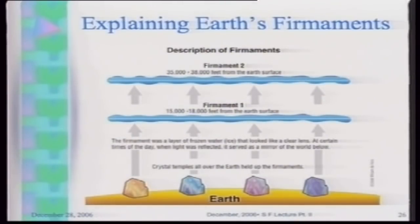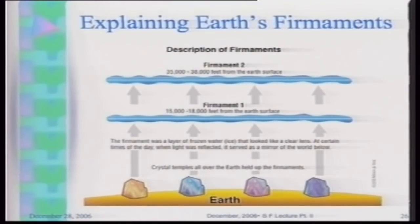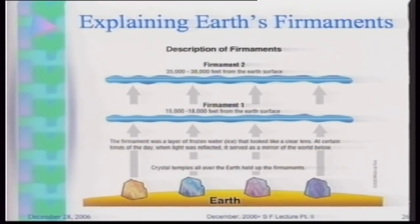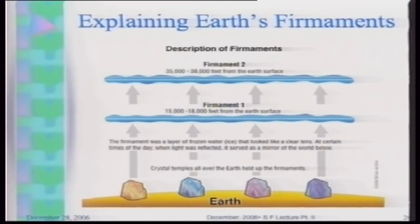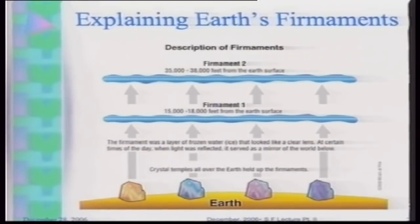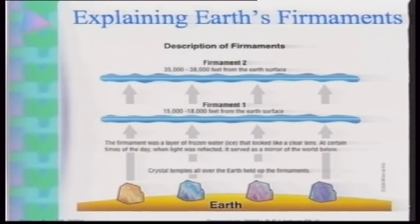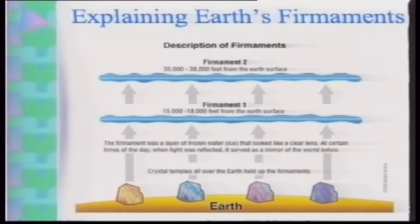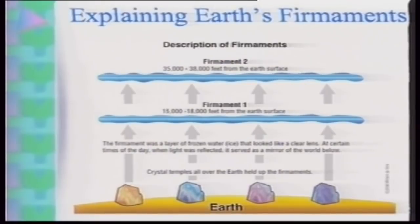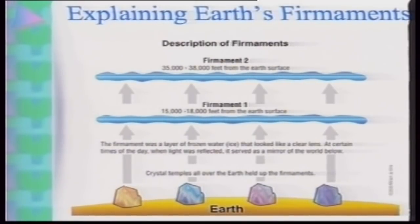Now, in this next slide, you see about Earth's firmaments. The firmaments originally were two levels, so this is usually called a two-firmament planet. The bottom firmament, which was 15 to 18,000 feet up, was made of very thin pieces, all together as one huge sheet of ice. This ice sheet ran entirely around the planet, and the only openings were at the North and the South